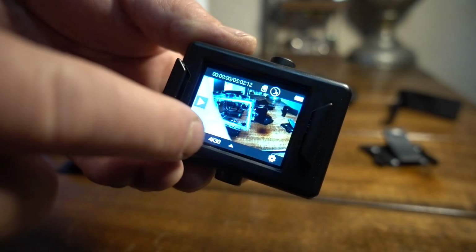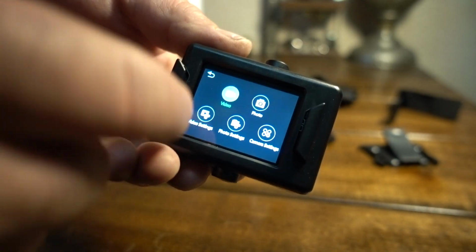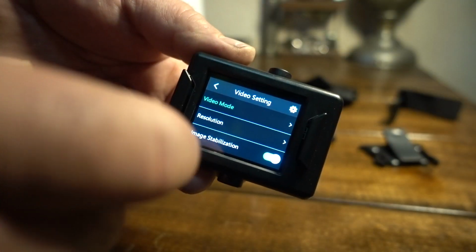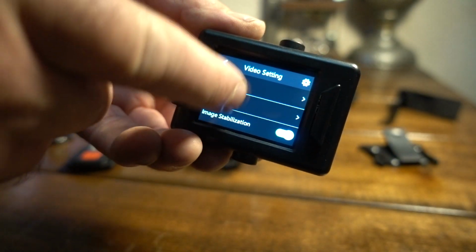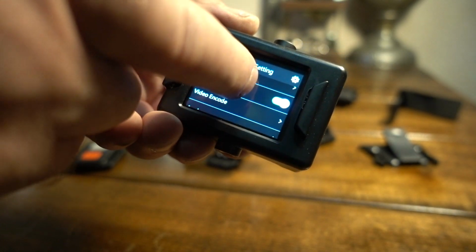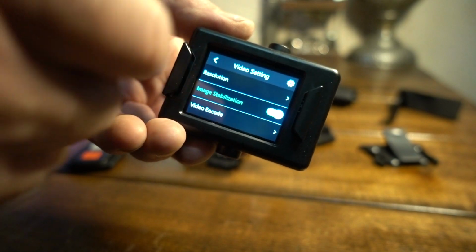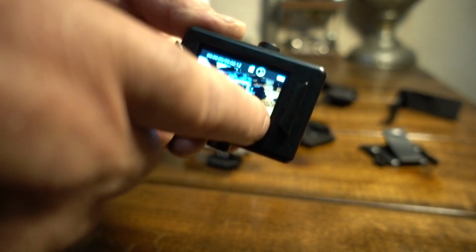Number one, it is touchscreen. Switching between video mode and other modes. And it's a very fluid touchscreen, if you see here. Watch this. No lag. Works great. There's like turn image stabilization on and off. As far as